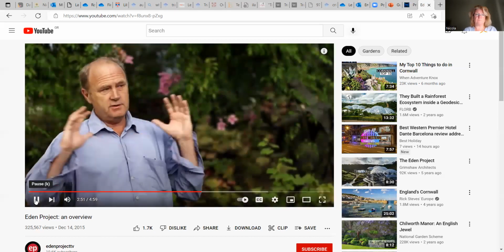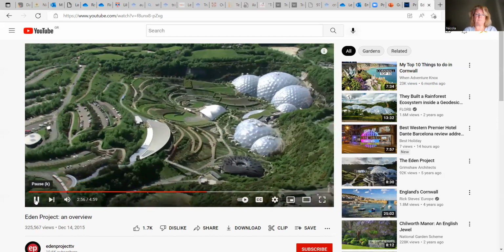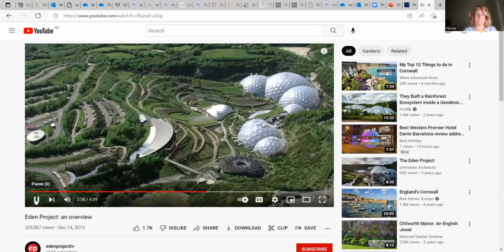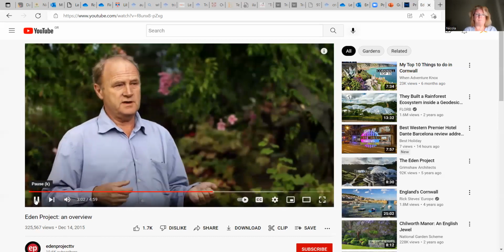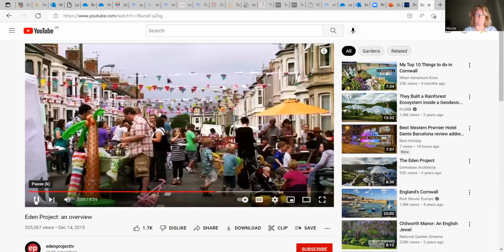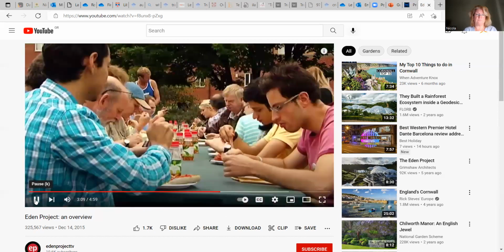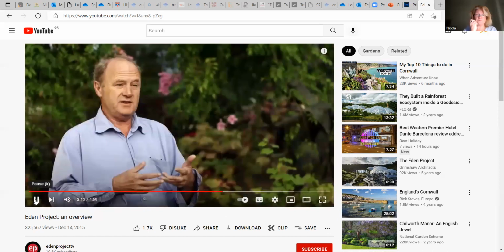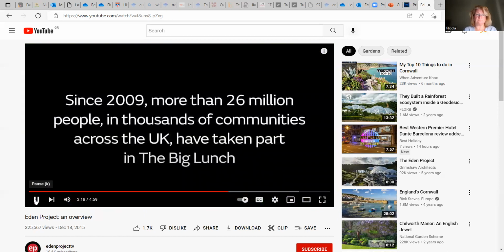The Eden that you see all around you, the geography of Eden, is about bringing a whole load of people together to make something better, something that was derelict. The big lunch, if you like, is the social extension of that. We wanted to go into communities and give them the opportunity or the excuse to have an event that would create moments that would make their neighbourhood feel better, or in some cases even create a neighbourhood that was not actually there because people weren't speaking to each other. So it's making it better.